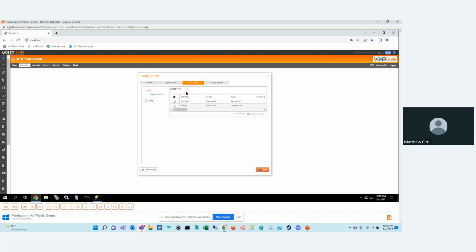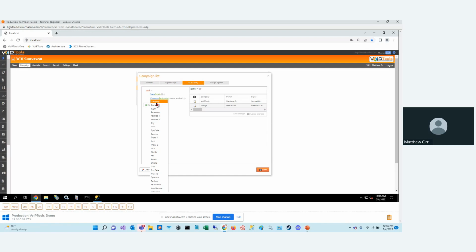Here, we've taken this one a little step further in its development than we did with the power dialer. I should probably change this, but here I don't need to know SQL syntax at all. I can add additional criteria, and it knows all of the fields that I can select from. So I've said that the state is Wisconsin, and what else do I have here? Do we have a contain? Let's see,